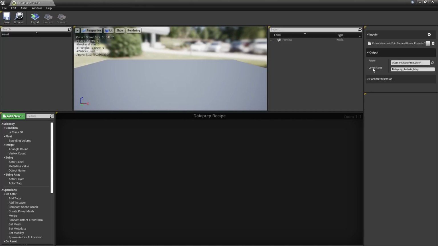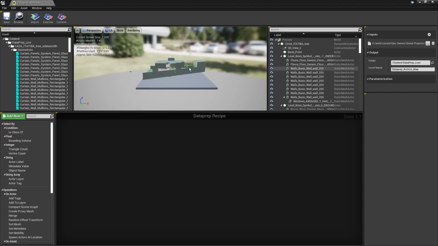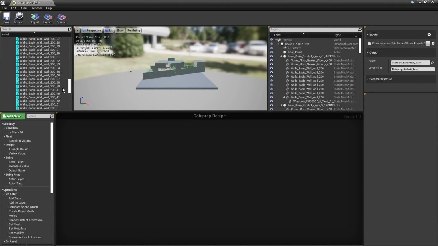The way the Data Prep tool works is that it's going to export the final asset into its own custom level, which you can then stream into any other level. Now that we've selected our Datasmith project, we need to go ahead and begin the import process by hitting the Import button. Okay, so now you can see these three areas have been populated. On the left here, this is what our content browser is going to look like when we commit everything to the project.